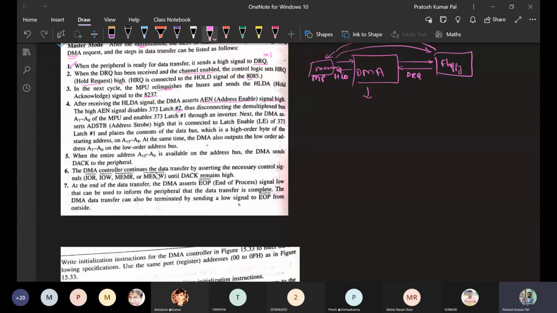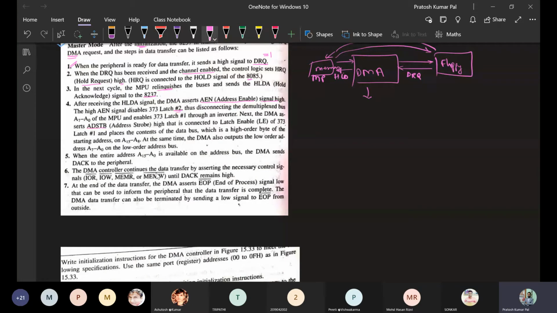So latch 1 will be enabled and latch 2 will be disabled. Once this latch is enabled, in the next step the DMA will set the address strobe. So the address strobe signal will be made high.